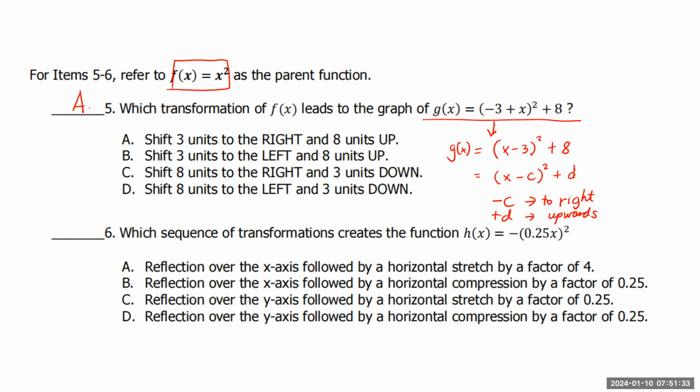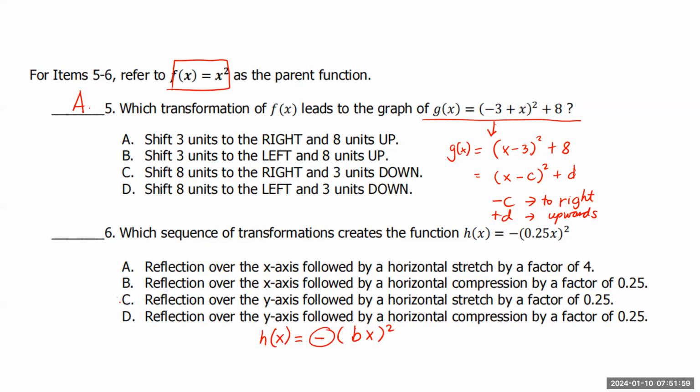If we write that, h of x is equal to the negative of bx squared. Since we have a negative sign outside, that is reflection over the